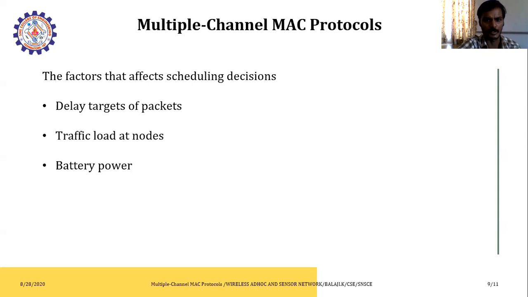When you come to the traffic load at a node, based on the bandwidth, the traffic load should be allocated for each node. If not, the load will automatically be overloaded and collisions may happen, so the efficiency will be reduced. The battery consumption is based on the number of nodes connected in the network. If the scalability is increased, the battery consumption should be controlled so that we can transmit the data for a longer amount of time.